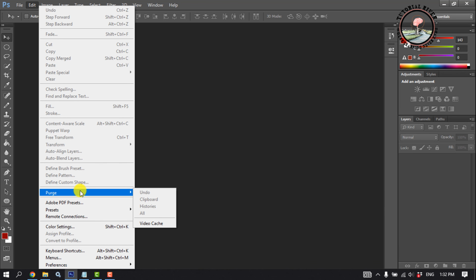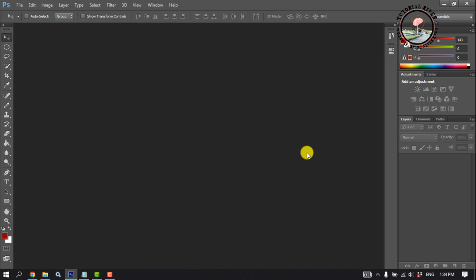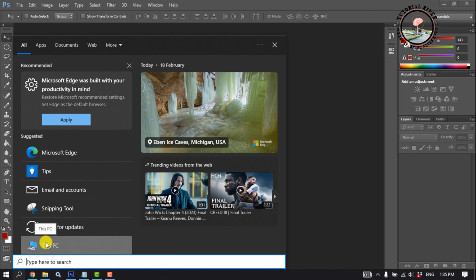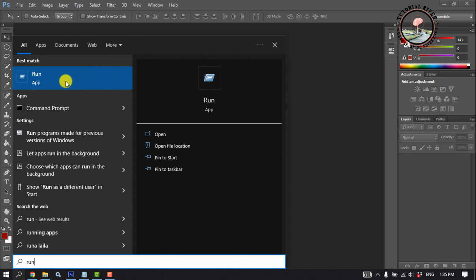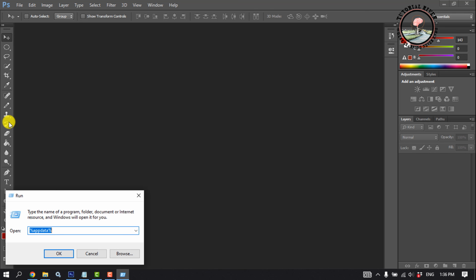Clipboard, Histories, Video cache. And the second solution is click on the search icon and type here Run. Open Run app. And type here %temp%, TEMP. Click on OK